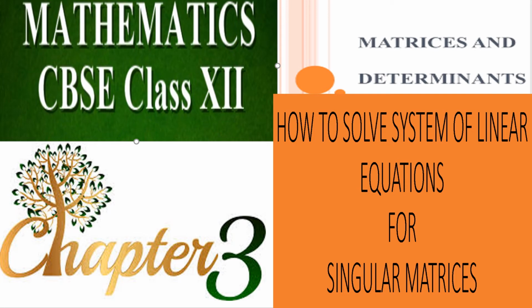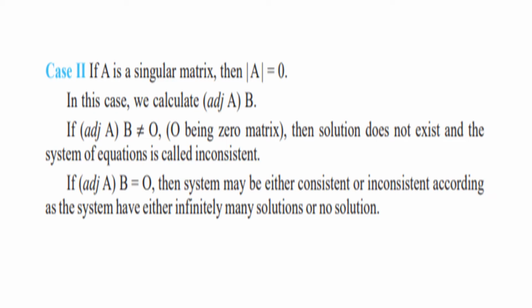Hello students, in this video of chapter number 3, matrices and determinants, we will learn how to solve a system of linear equations for singular matrices, that is, the matrices whose determinant is equal to 0. As we have discussed case 1 already, if the matrix A is non-singular, that is, determinant is not equal to 0, this is the case of unique solution and we can use the matrix method to solve that system of linear equations. Whereas in case 2, if the matrix is singular, then we cannot use that method